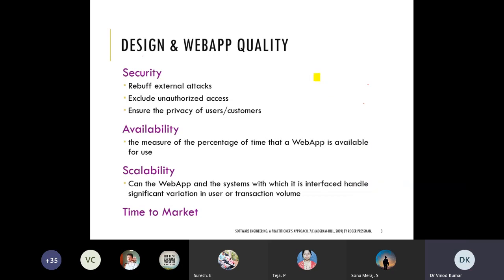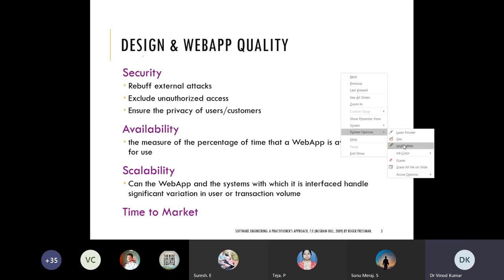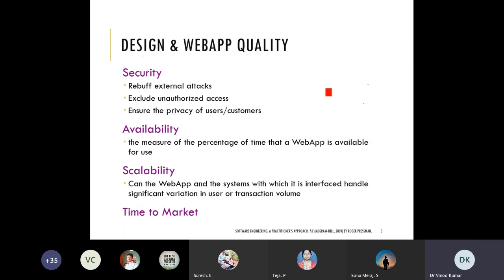So generally, these web app owners or whoever is running the business are getting the information from the user. So what they can do, they can give the data to the analyst. They can do the analysis. Okay, if they are not able to do the analysis, they can give this to a third party for analysis.